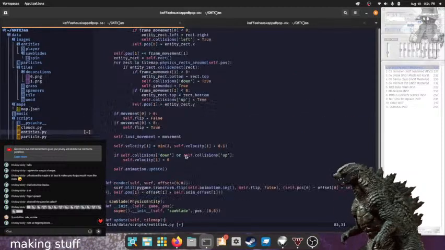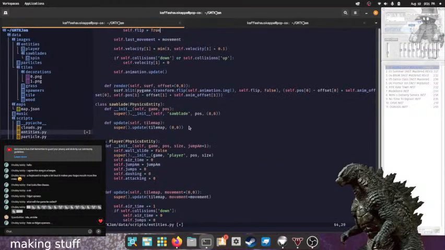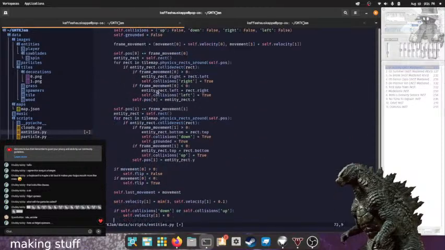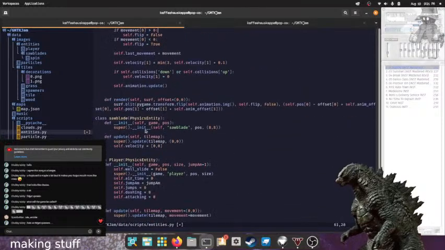Well, I mean, it automatically updates it with 0, 0 movement. This hopefully shouldn't throw an error because since it inherits from physics entity, it will automatically have the velocity set up because I used this super on it, so it'll use it.